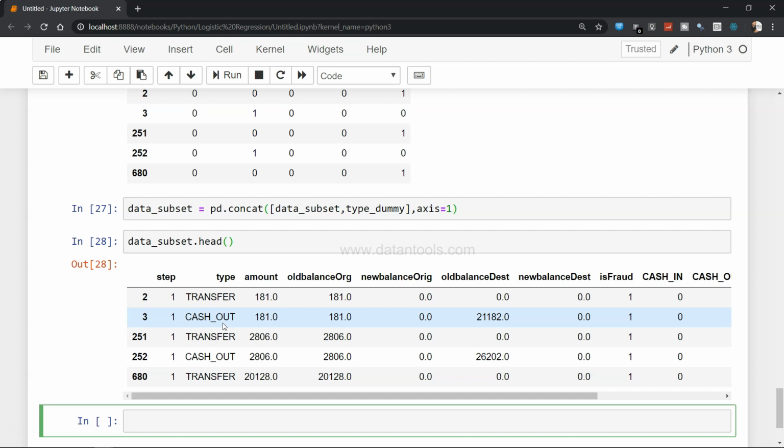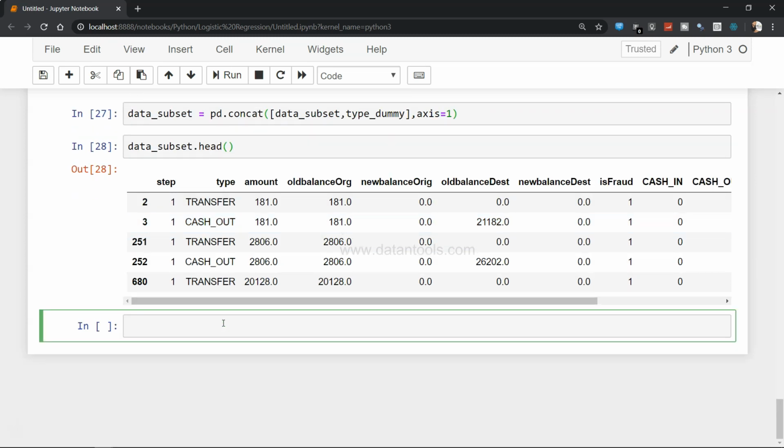So instead of dropping it from here, I need to create the x and y variables for the machine learning. I'll create one x variable, and I will say data_subset.drop. I need to drop 2 columns. One is the target variable which we need to predict.